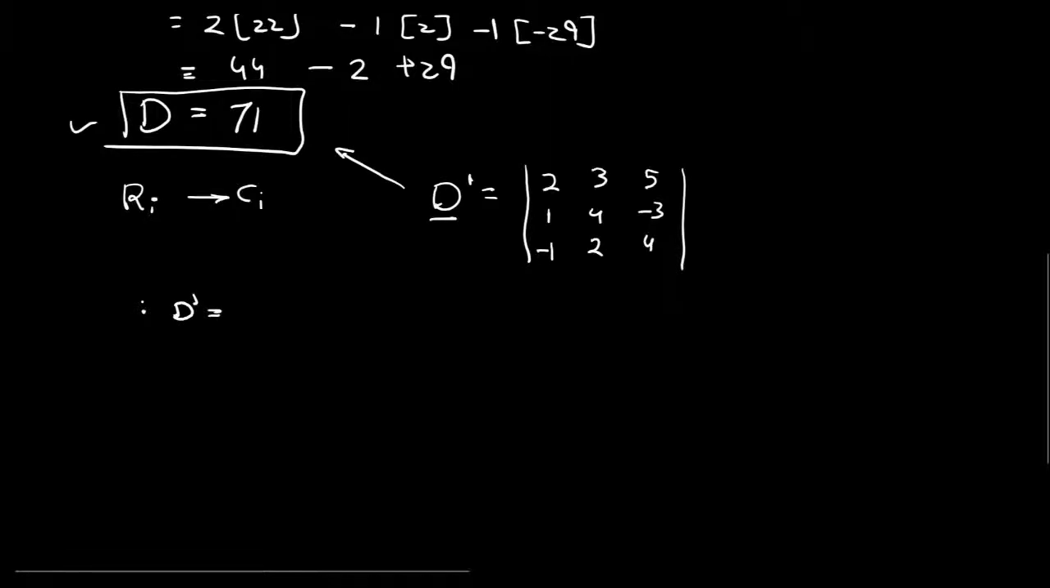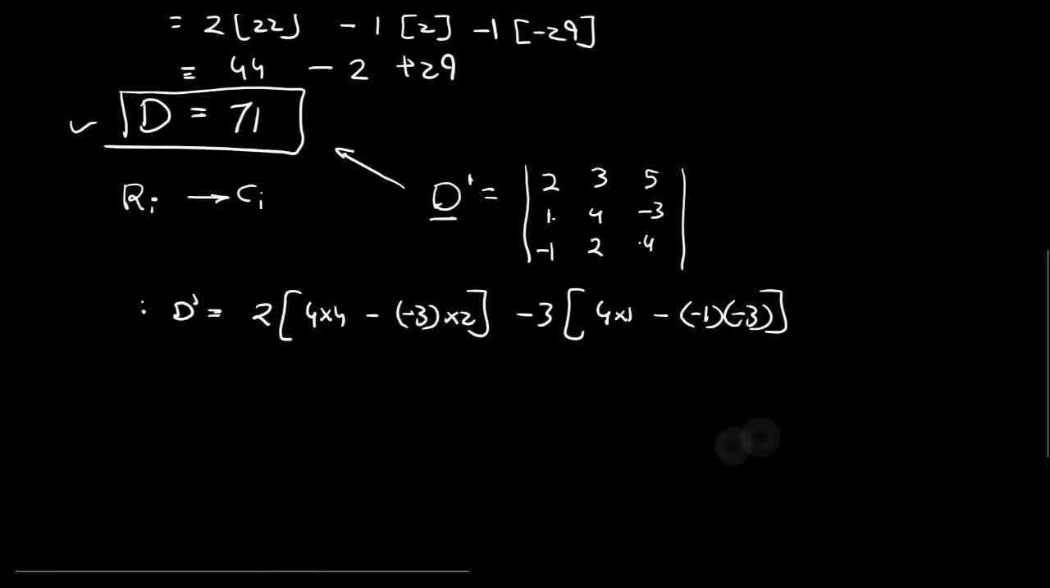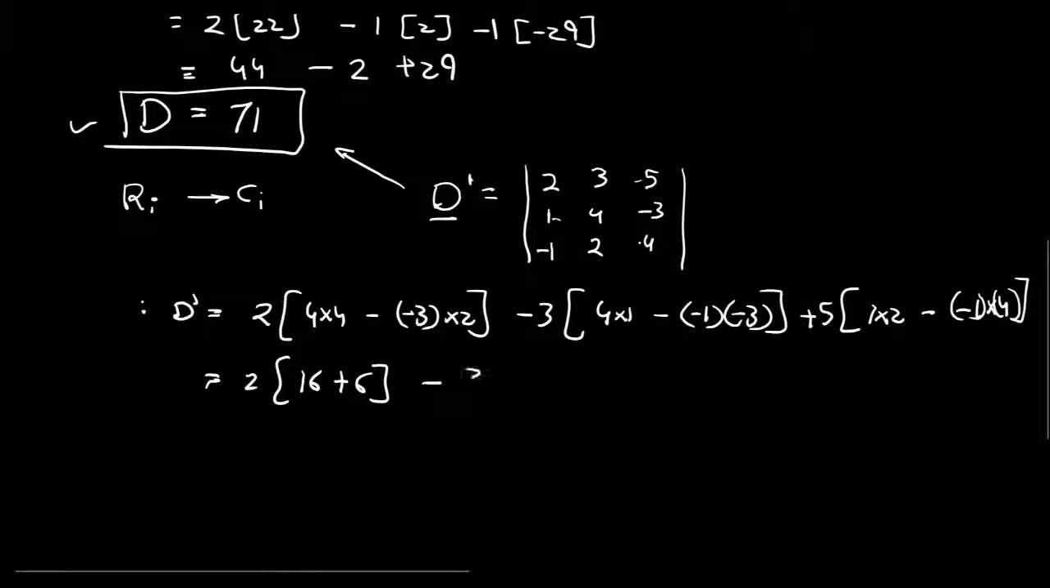Now the value of this determinant will be equal to what? 2 times 4 times 4 minus of minus 3 times 2, right? Minus 3 times 1 times 4 minus of minus 1 times 3, plus of 5, which is the third element of the first row, times 1 times 2 minus of minus 1 times 4, which gives us what? 16 plus 6, minus 3 times 4 minus of 4 times 3, plus 5 times 2 plus of 4,